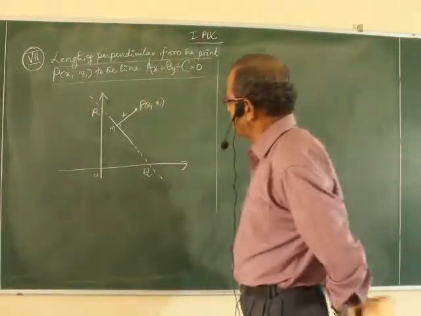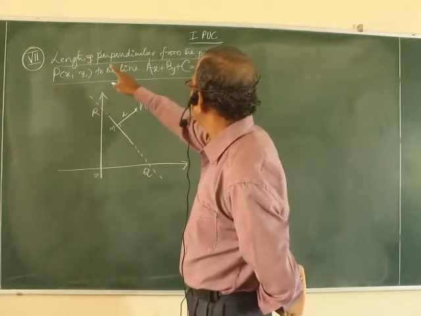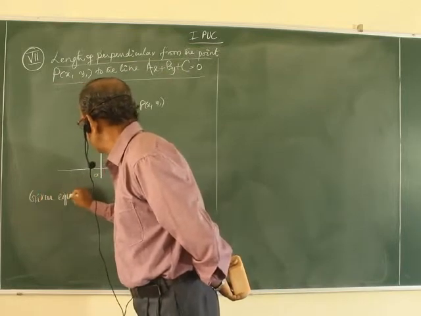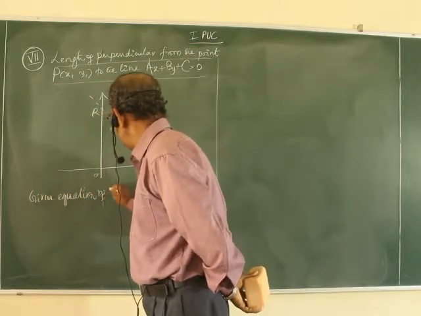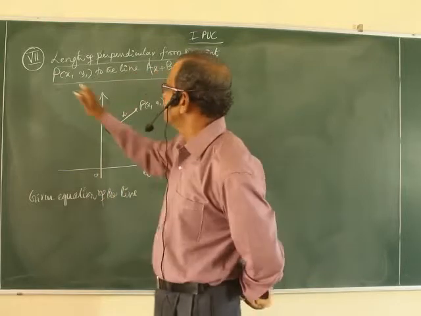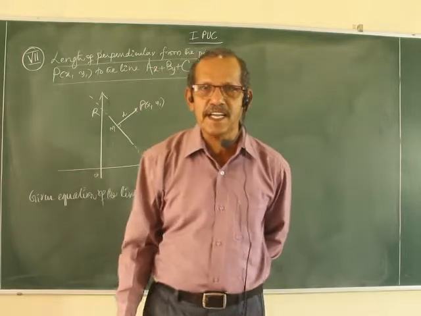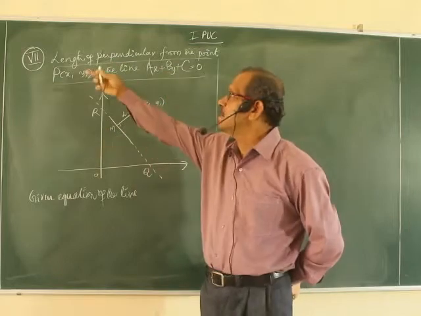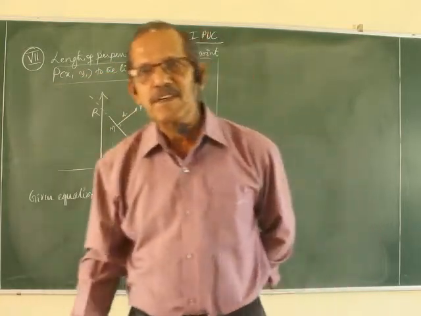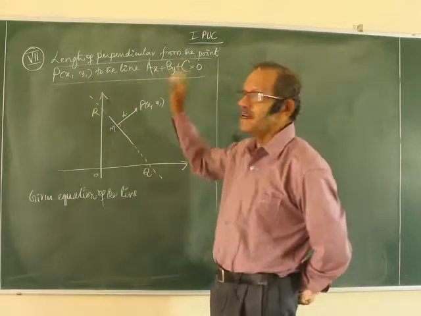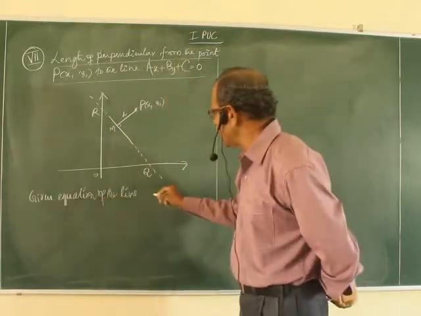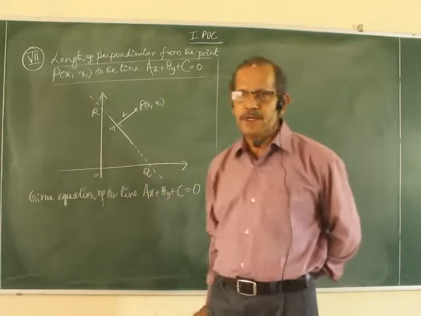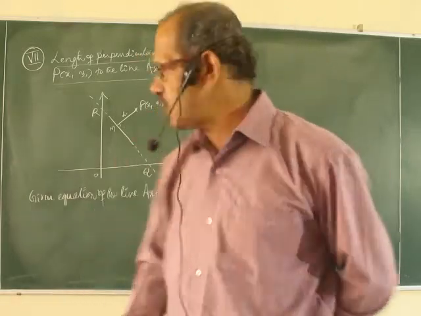Now, after drawing the figure, let me do the equation. Given equation of the line, okay, equation of the line. All these formulas are related to the standard formula only, see, ax plus by plus c equal to 0. Under this particular general equation, we have the seventh formula now, see. Given equation of the line is ax plus by plus c equal to 0. Okay. Equation of the line.